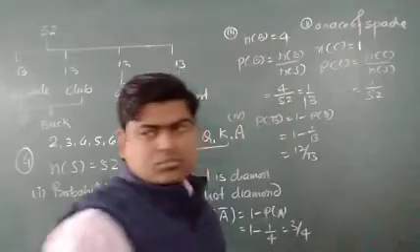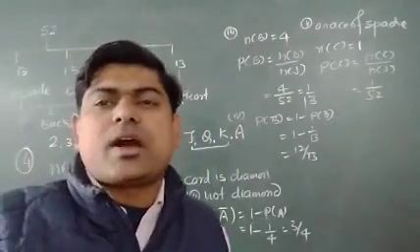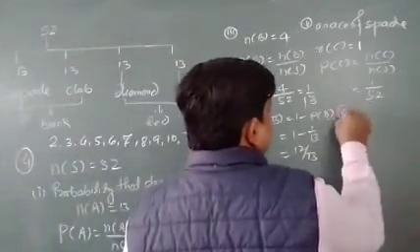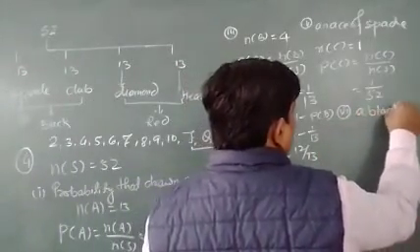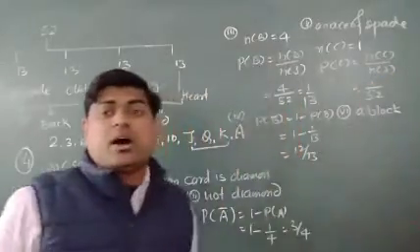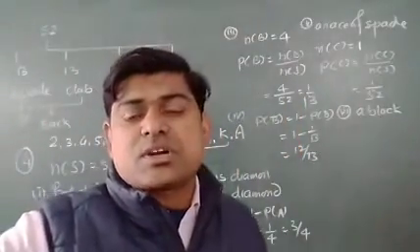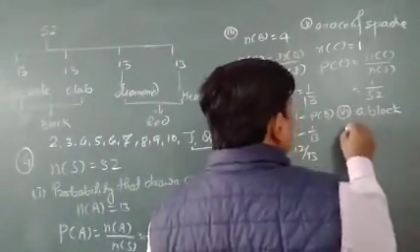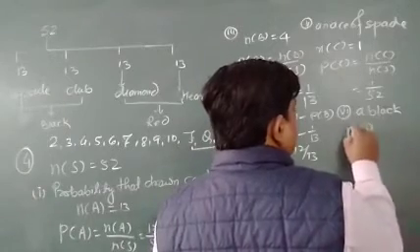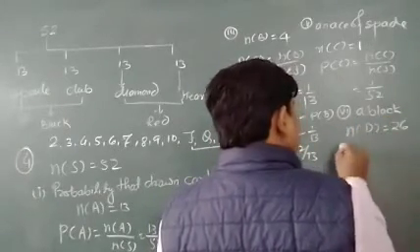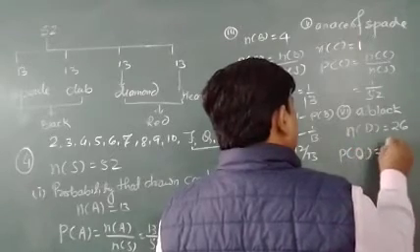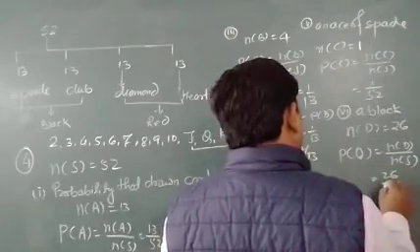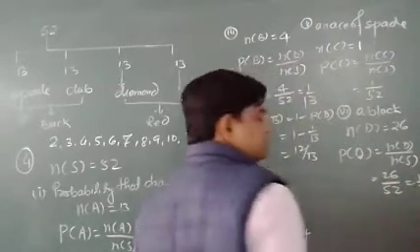And the same thing, a black card. A black card, question number, that sixth part of this one is there, a black card. Find the probability that the drawn card is a black card. We are having 26 black cards there. So if it will be represented by D, so I can say number of D is equal to 26. So probability of D is equal to number of D upon number of S, that is equal to 26 upon 52, it is equal to 1 upon 2.